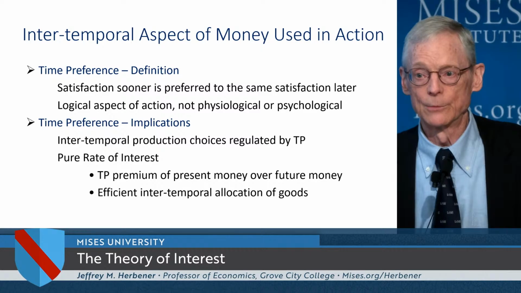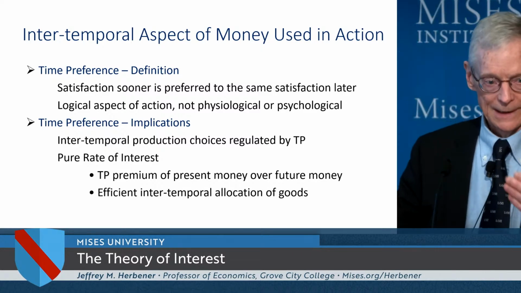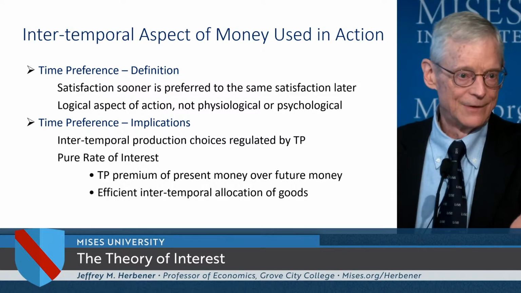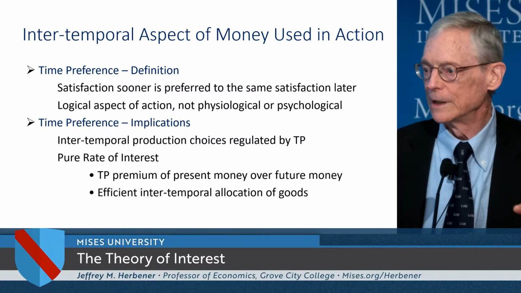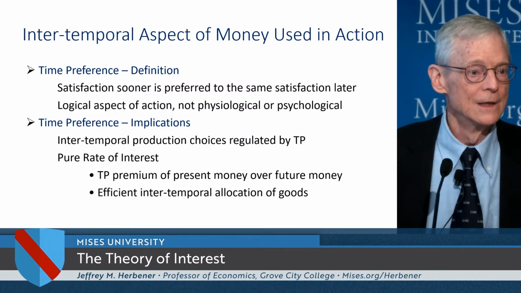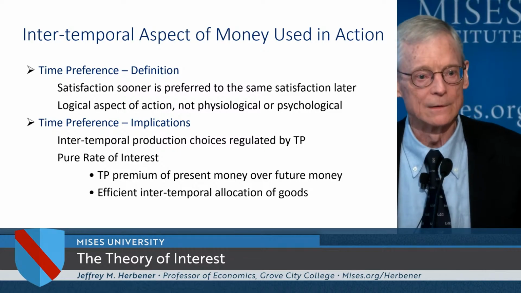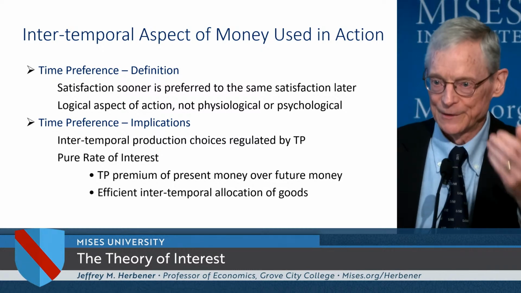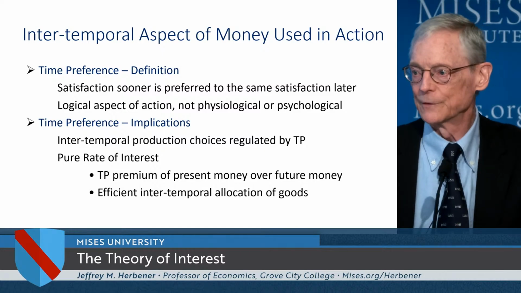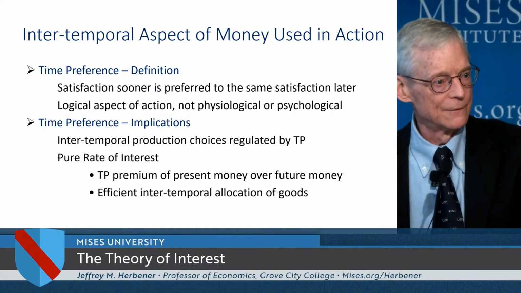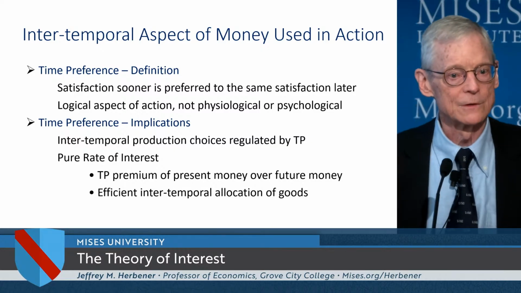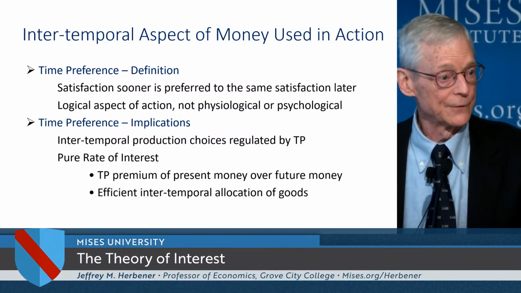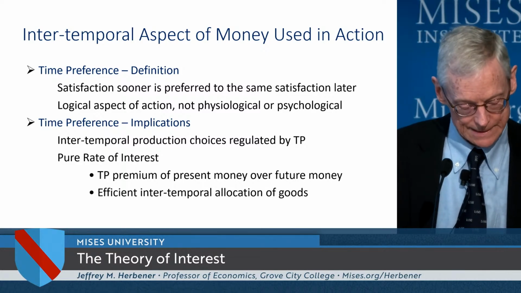So fundamentally, the interest rate arises in the market where lenders and borrowers engaged in intertemporal exchange of money do so by voluntarily agreeing to a particular premium that's paid by the borrower to compensate the lender for the disutility of waiting, to compensate the lender for foregoing using the funds that are lent to buy consumer goods and enjoy sooner consumptive ends, to delay that into the future and then be compensated at the future moment with a greater payment that could be used to satisfy other more valuable ends that the lender is anticipating. So this is the idea, right?